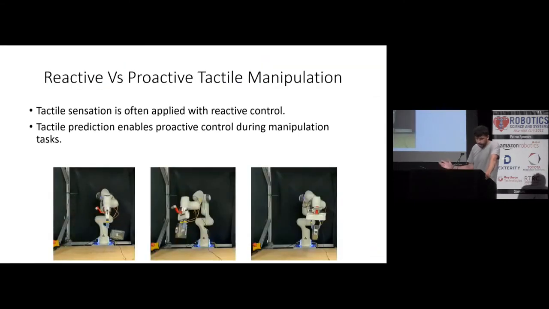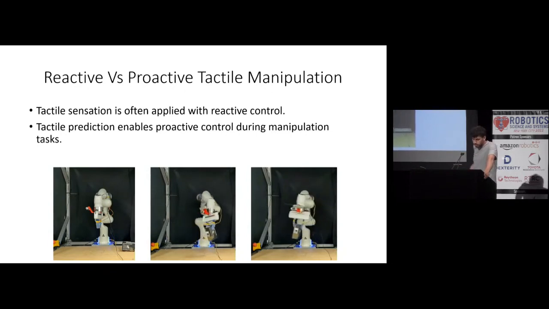Okay. So tactile sensation is often applied in a reactive manner. For example, when dealing with object slippage, projects often generate binary slip signals from tactile data, classifying with a tool like random forest, and then when slip is detected, you increase the grip force on the object. And that works really nicely, but if we can perform tactile prediction over time horizons, it will enable proactive control within the same scenes, giving us a greater range of control techniques and potential solutions that we can apply.